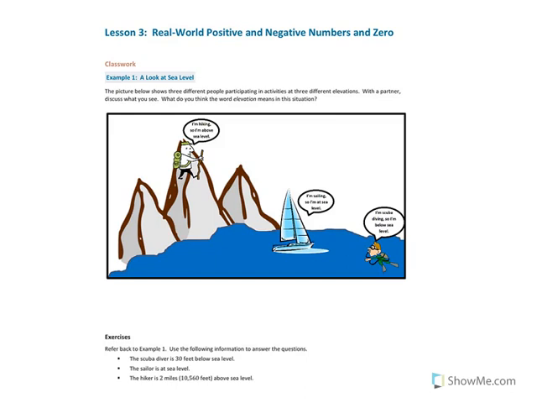He says he's hiking, so he is above sea level. The sailboat says that I'm sailing, so I'm at sea level. And the scuba diver says I'm diving, so I'm below sea level. The question becomes, if we were to draw a number line, a vertical number line, where would our zero be? And since we're talking about sea level, and I won't get too much into sea level except